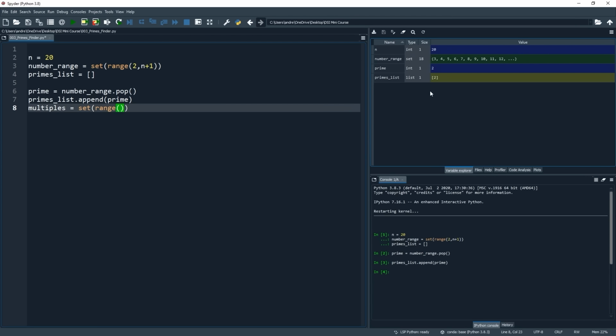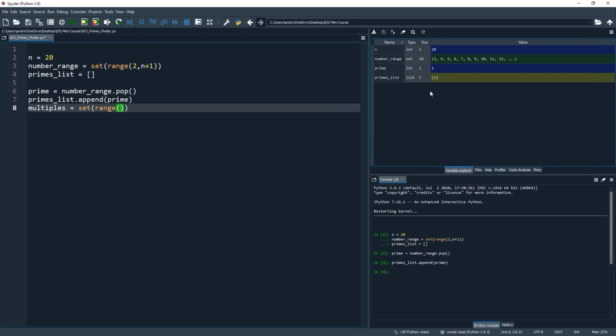parentheses. And it's worth noting that when we create a range, the full syntax is range, and then the starting point of our range, the stopping point of our range, and then we also have the option to include a step, which we can use if we don't want every sequential number. So if we wanted the numbers in our range to increment like 2, 4, 6, 8, we could put a step value of 2.